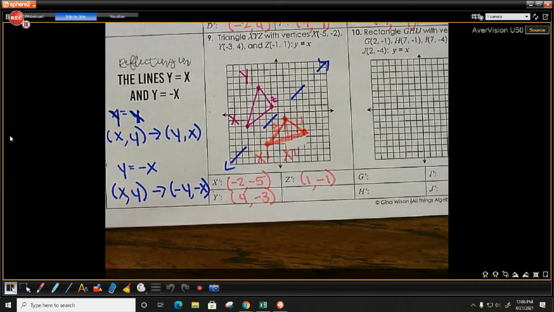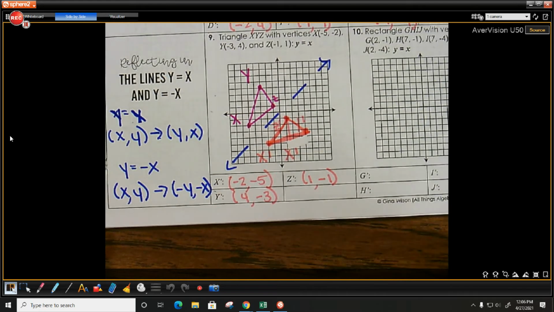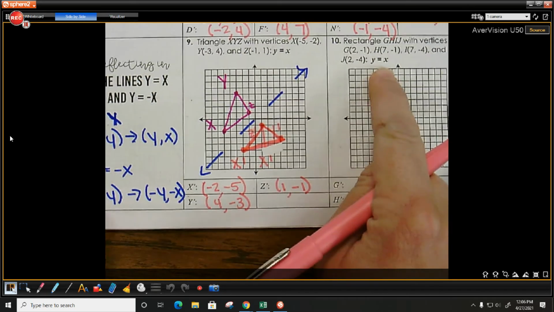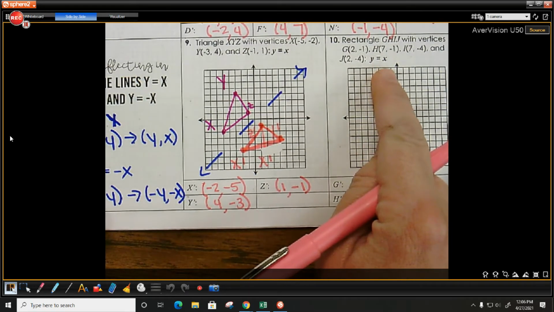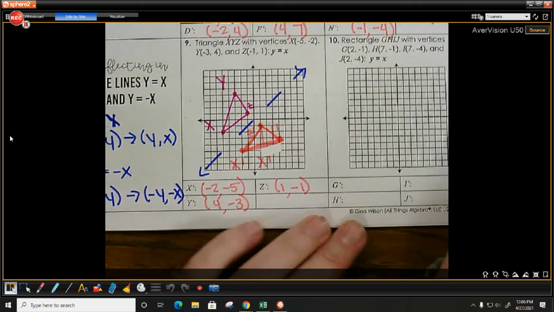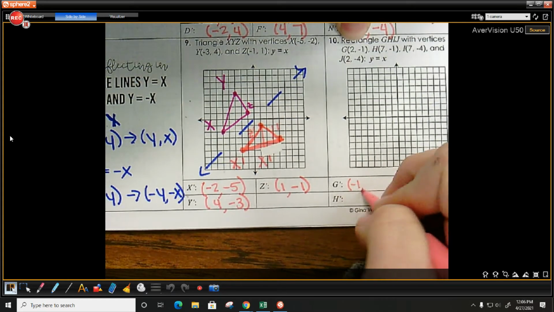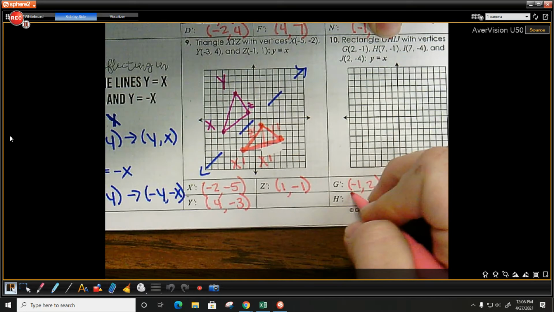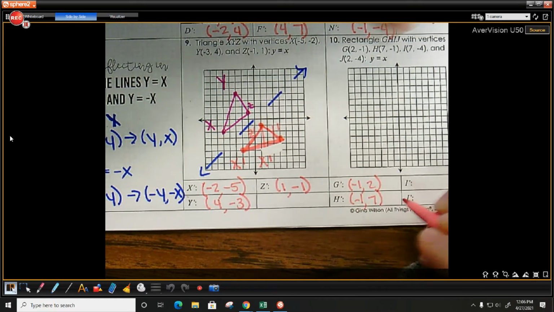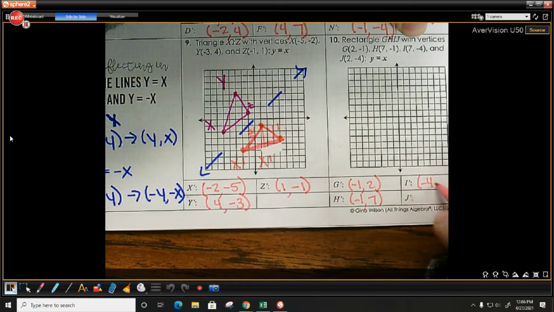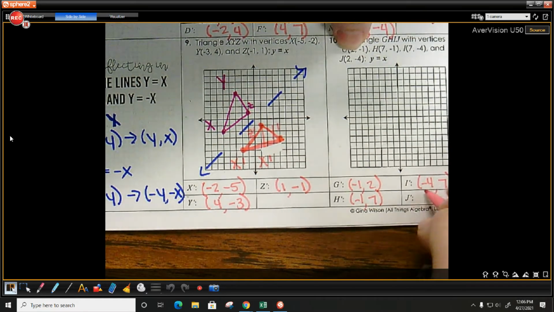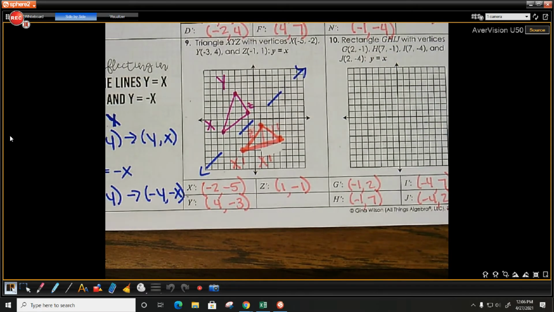Okay, next one we are again reflecting over y equals x, which means you are just flip-flopping the ordered pairs. So g prime would be at what? H prime is at what? I prime. And j prime. You are literally just flip-flopping the ordered pairs. Good? Now, reflecting over